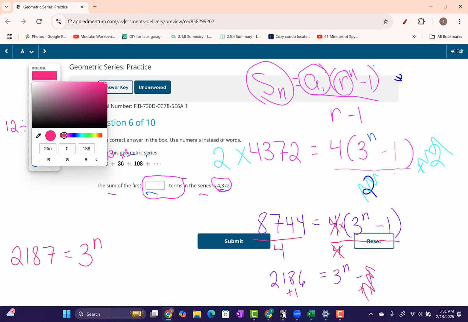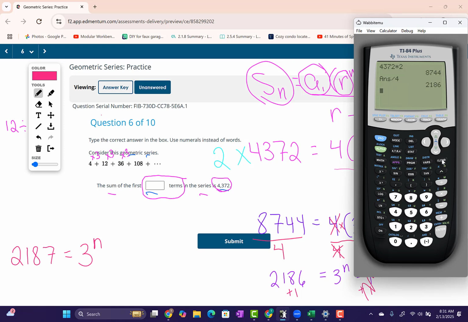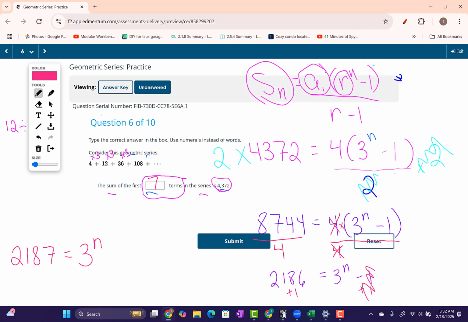At this point, we could use logarithms to get our answer. However, 2,187 with respect to 3 is a pretty small number. So at this point, I feel like guessing and checking would be easiest. So let's just take 3 and raise it to a random number, 4. 3 raised to the 4th power is 81, not 2,187. So let's skip ahead. Let's go to 6. 3 raised to the 6th power, 729. We're getting closer. 3 raised to the 7th is 2,187. So n equals 7, which means the sum of the first 7 terms in the series is